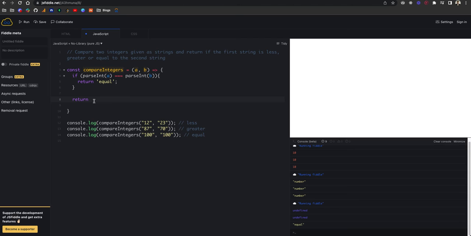So what do we want to do now? So we just want to check if parseInt A is actually less than parseInt B, like so. What do we want to do? We want to return less, and if it's not, so the left side of this is obviously the equation. So if A is less than B, we want to return less. So that's the check, and then this is if it's true, and then if it's false, we do greater, like so. And let me just run that now, and we should see, there we go, we're getting less, greater, and